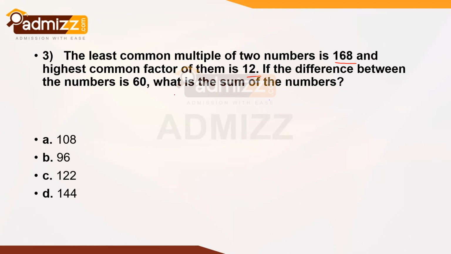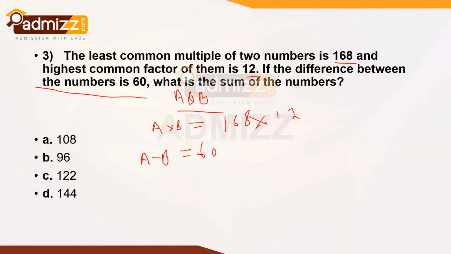First and foremost, let us assume that the two numbers are A and B, right? So from this, what we know is A times B, A into B, is equal to the product of their LCM and HCF, which is 168 times 12, right? We also know that A minus B is equal to 60, right? Because that is given in the question. If the difference between them is this, then